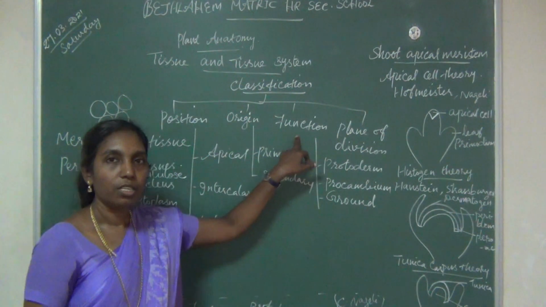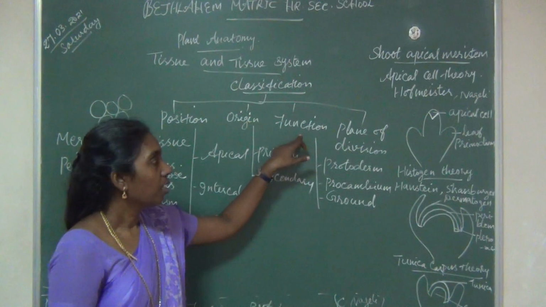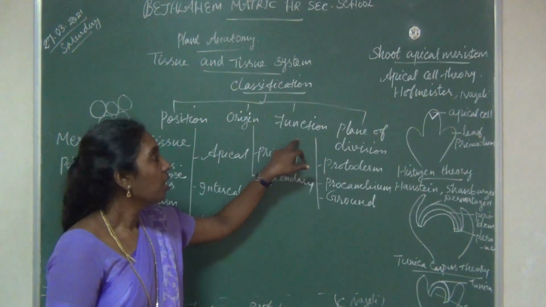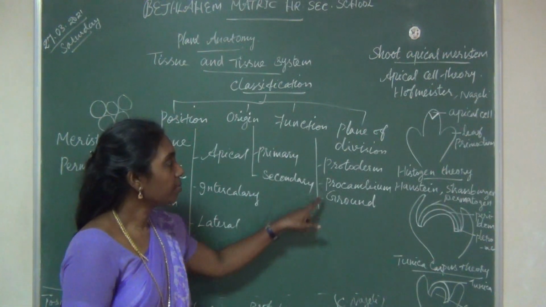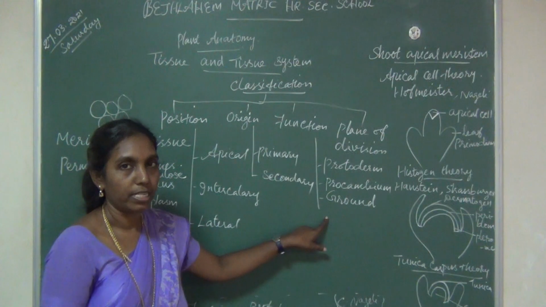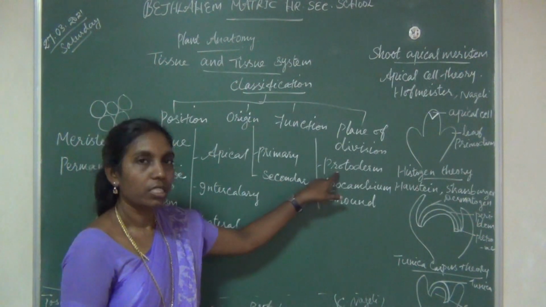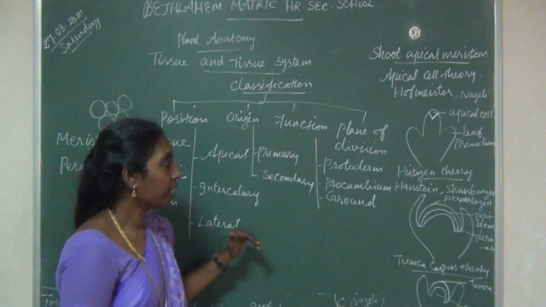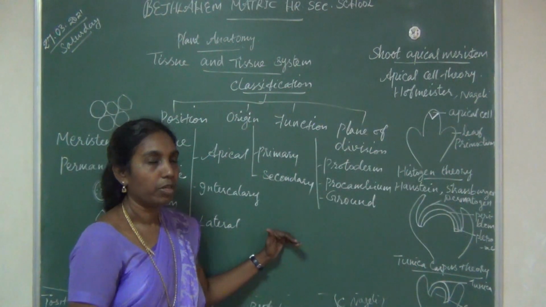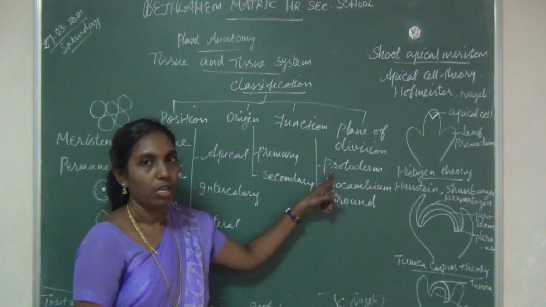Based on the function of meristem, it's classified under the category functions of the tissue. Based on this, there are three different types: protoderm, procambium and ground meristem. Protoderm gives rise to the outermost layer, that is epidermis. You know very well the outermost layer of the plant body is covered by epidermal tissue, which is given rise by the